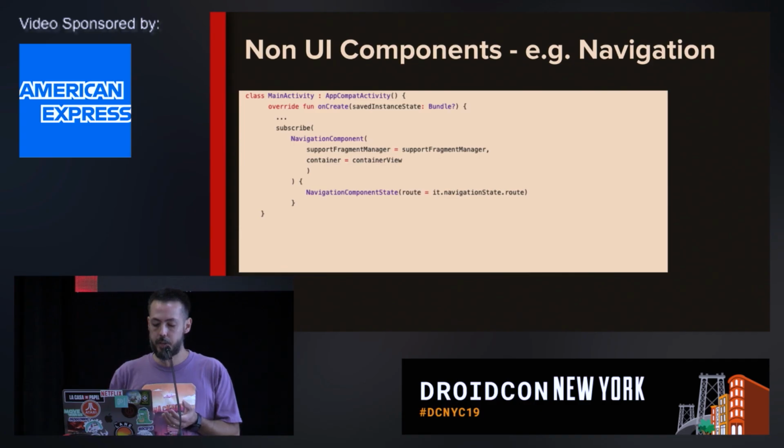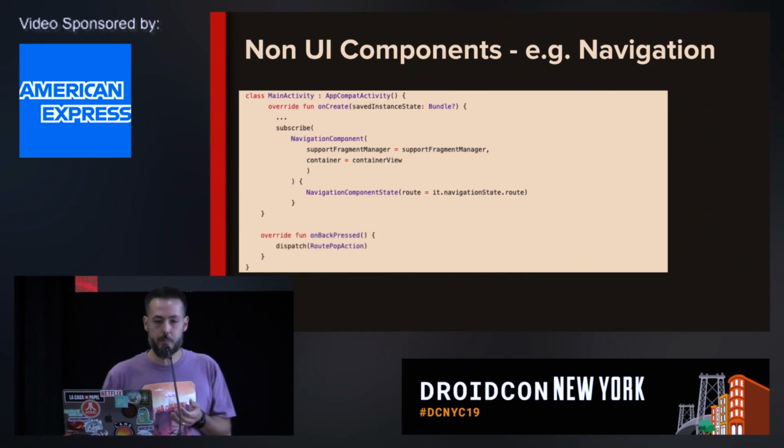Here's the state of the navigation. It cares about the route. We have a route in our global state. In that component, it only cares about the route. If anything else changes in the state, the navigation component will not do anything. But if the route changes, we are going to do something. In the implementation,